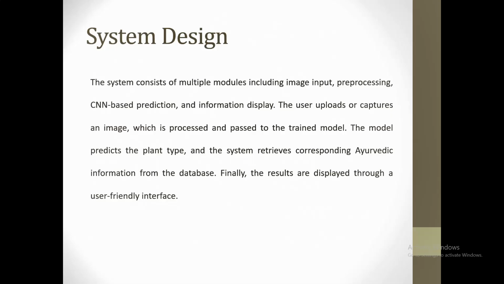This system consists of multiple modules, including image input, pre-processing, CNN-based prediction, and information display, that is the front end. Here, we have collected the data from the Kaggle dataset, and we have divided our data into training and testing. We have extracted the features of the images, then we have trained our model, and it is deployed in